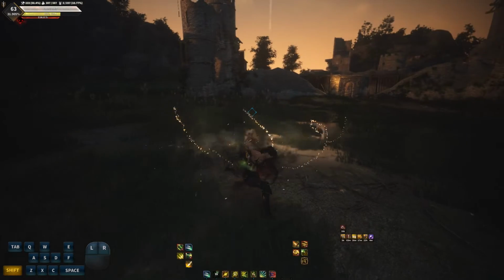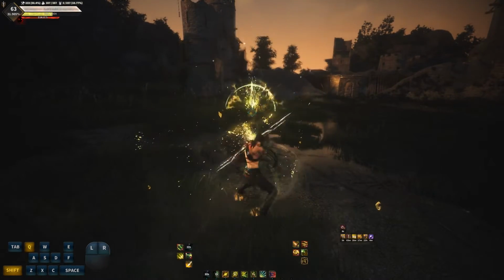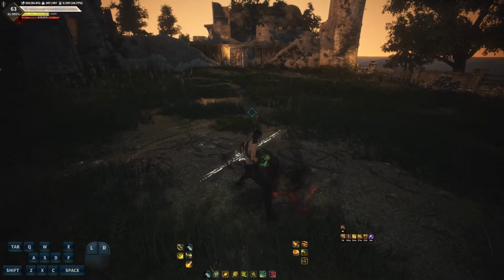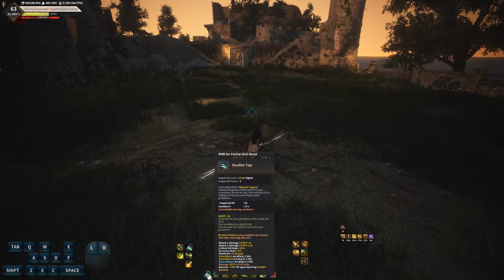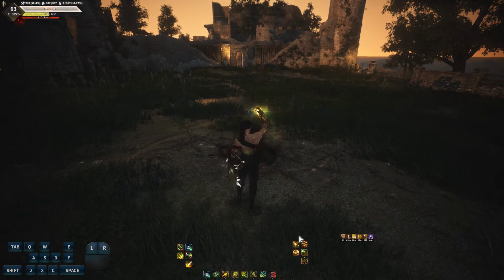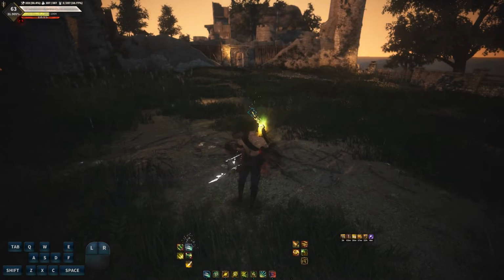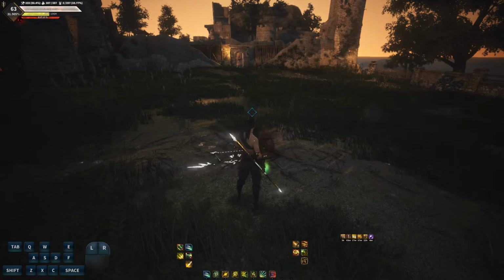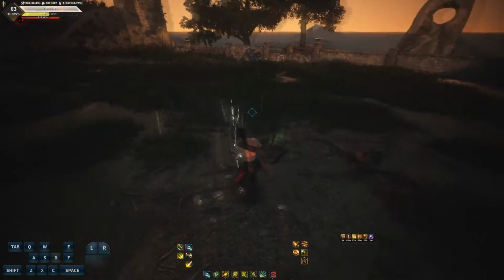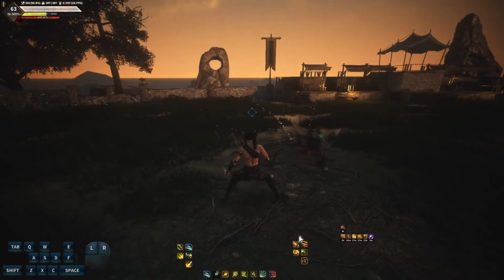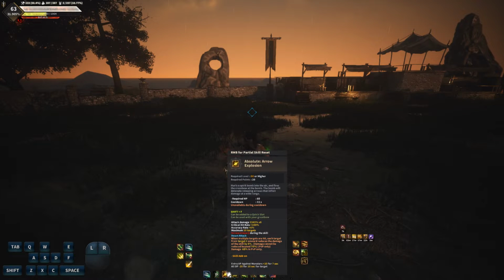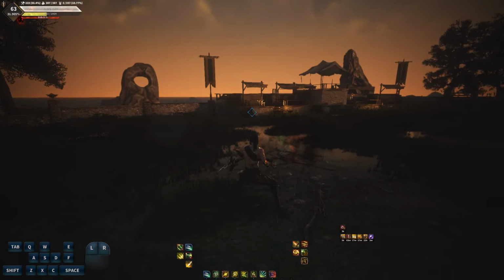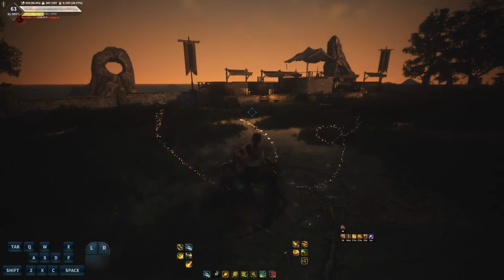So maybe Ensnare and then Shift RMB into Q and then hold Q. So you're going to be doing Bolt of Radiance into double tap into Spear of Sylvia. You get a really high damage combo, and it's pretty smooth, and it's also very easy on your hands. So you can do this, and then you can even put Arrow Explosion before Bolt of Radiance, because it flows really well with this as well.